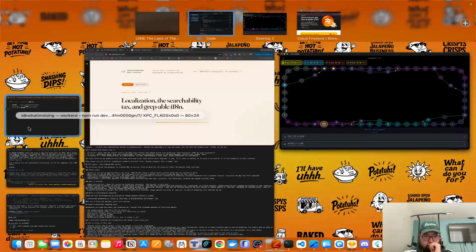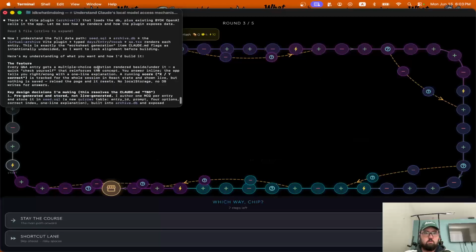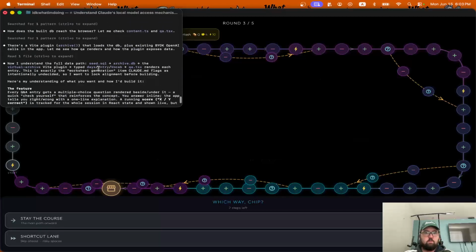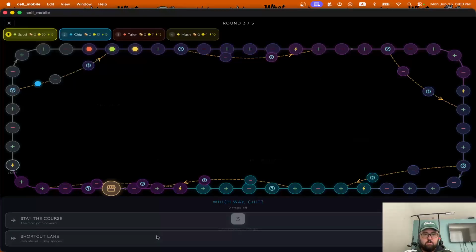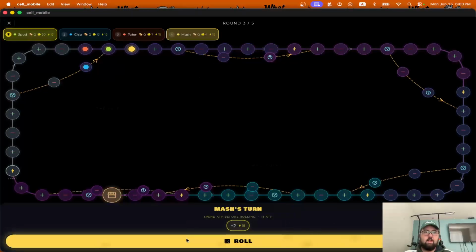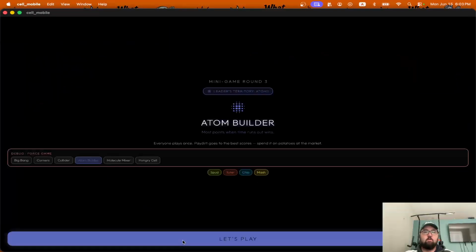I'm treating this as a, okay. So I'm not logging it as a. Now I understand the full data path. Okay. So I'm not logging it. Yeah, okay, so shortcut lane. I think at some point all of the questions as instructions are gonna mess with the vibe of, okay,